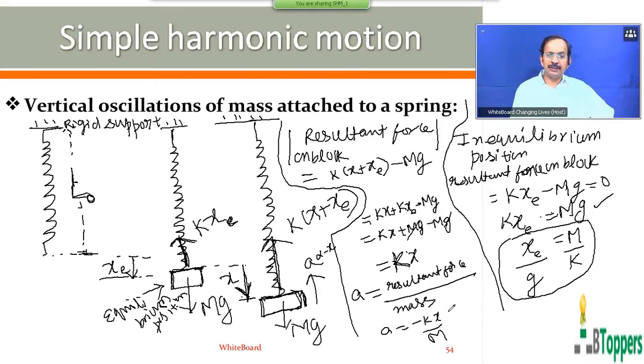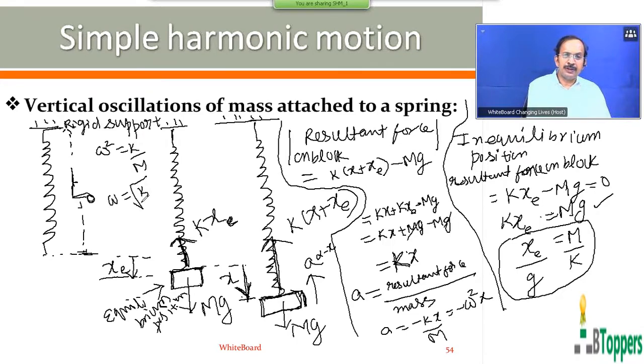The acceleration of the block in SHM can be written as minus omega square x. So the rest of the calculation is similar to the discussion we have done in the case of horizontal oscillations of the mass attached to the spring. If you cancel minus x on both sides, you get omega square equal to k by m, or omega is the root of k by m. The time period of SHM is given by 2 pi by omega. So that comes out to be 2 pi into root of m by k. You substitute this value of omega here.